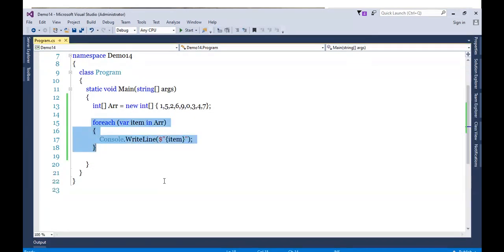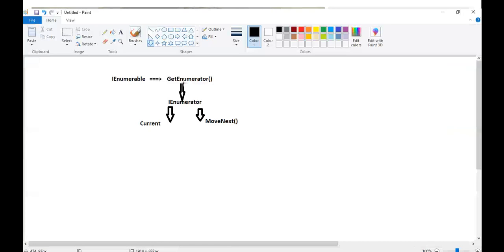But internally, the .NET Framework has implemented the foreach loop. So how does the IEnumerable interface get followed? What I was telling you, we have a GetEnumerator method, which is provided by IEnumerable.